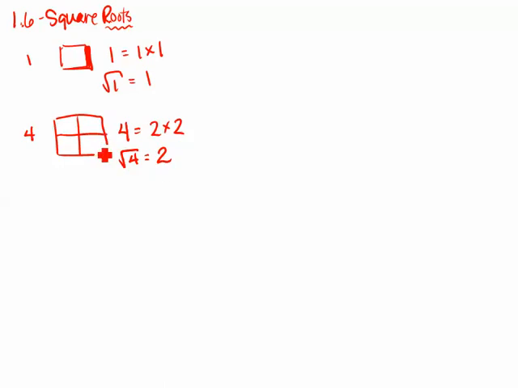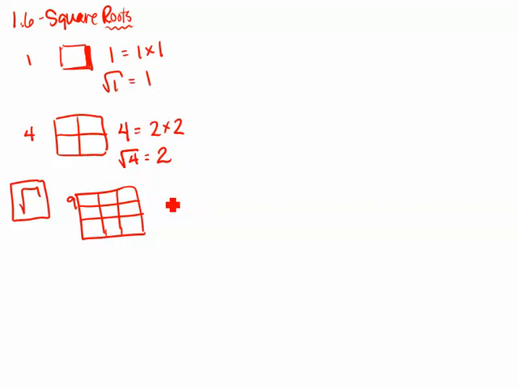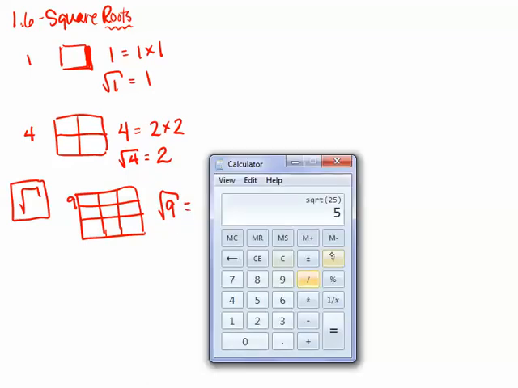I can continue on, or you can use a calculator as well. The calculator function is this little button that looks like a check mark. That's the square root. It tells you what is the length of one side that, when multiplied by itself, gives the full area. So for example, on your calculators, I have 9 blocks which arrange to a square such as this, and I want to know what is the dimensions of one of the sides. So the dimensions of one of the sides, I use my square root button. So the square root of 9,